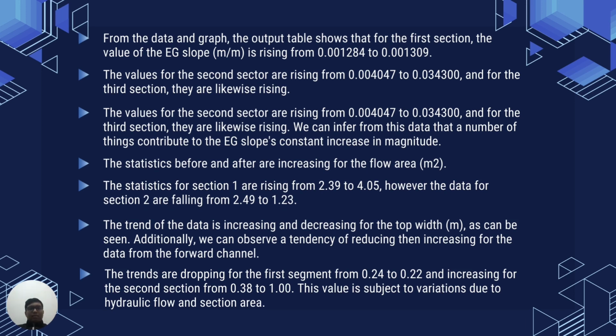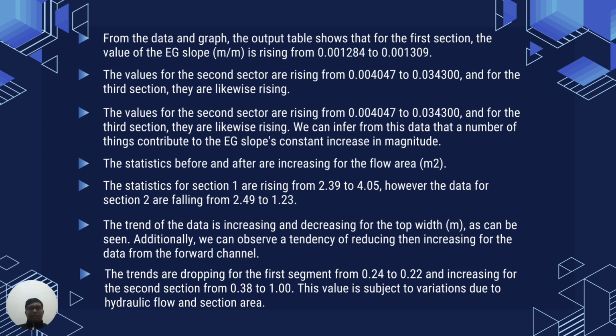The values for the second section are rising from 0.004047 to 0.034300, and for the third section, also rising. We can infer from this data that a number of things contribute to the EG slope constant increase in magnitude. For the flow area, the statistics before